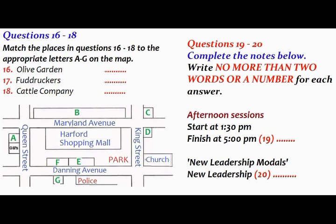They have a great minestrone soup and excellent breadsticks, all you can eat. On the other hand, if you want some good old American food, you can head to Fuddruckers for some big hamburgers or to the Cattle Company for some fat, juicy steak. Fuddruckers is next to the Olive Garden, but the Cattle Company is back closer to us in the opposite direction